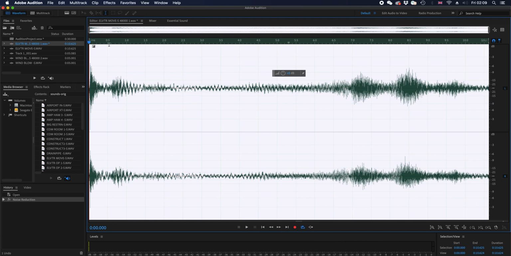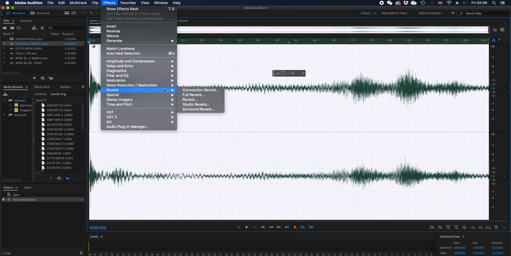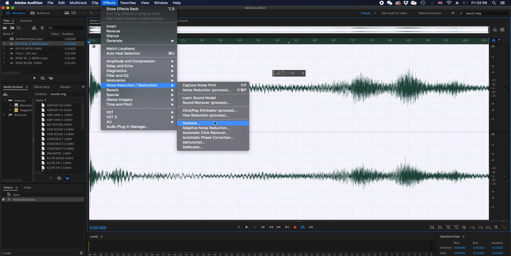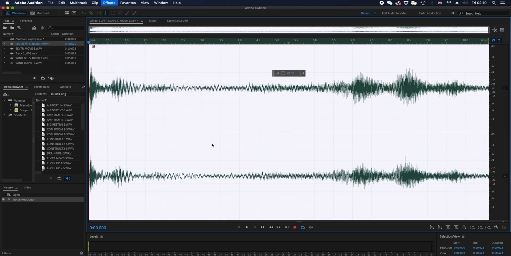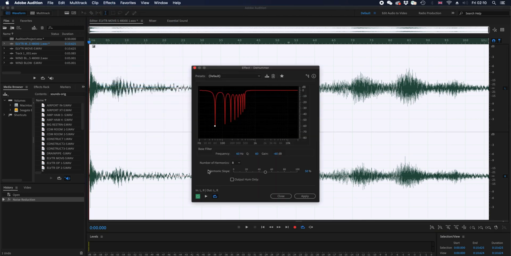But I will select the whole file, and I will go and do a noise reduction restoration with the dehummer, and I will repeat the same process. I will listen to my file,